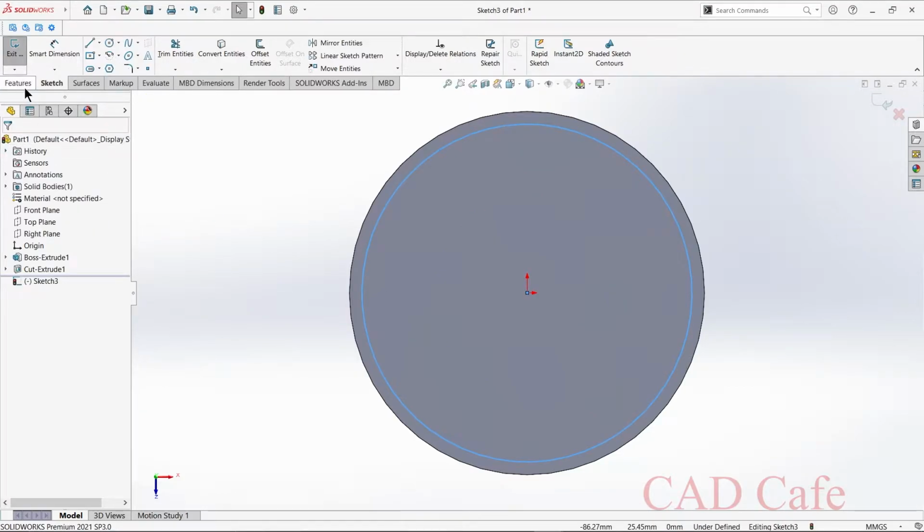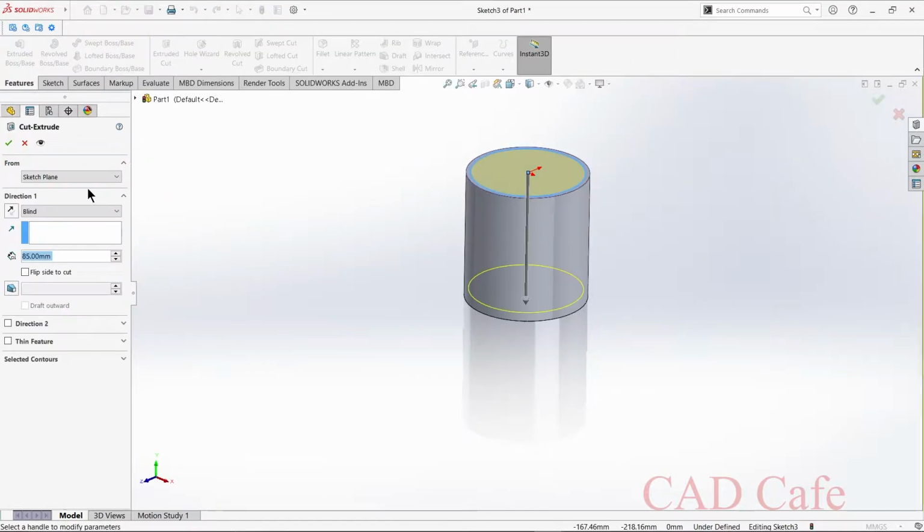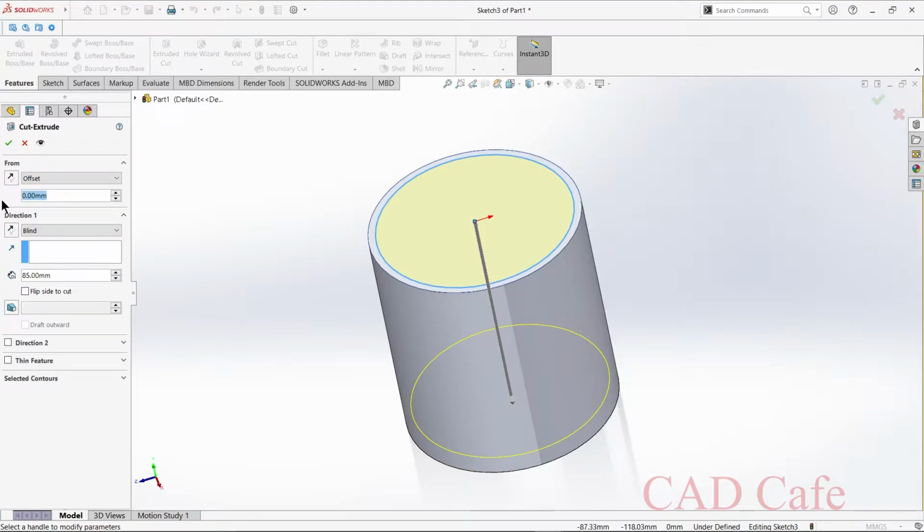Okay, and select features, extruded cut, and here select offset and make offset distance of 7.3, and we need to flip the direction, and here make this distance 4.3 mm and select flip side to cut.